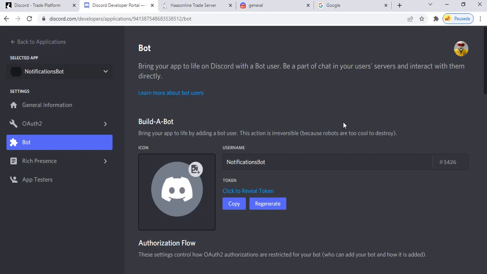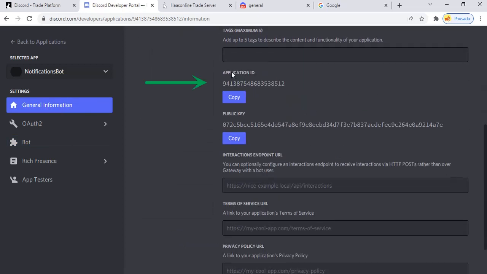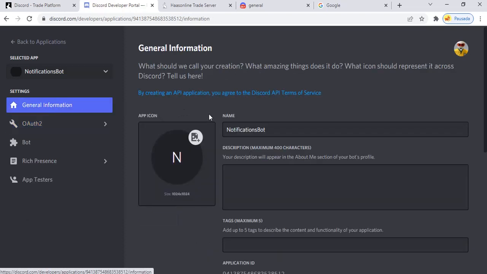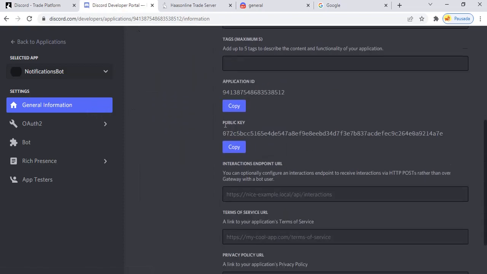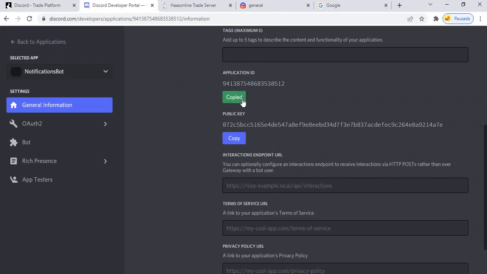Well, we are back here in the new application page. In the left menu, we click here in general information and we scroll down and we find application ID. It's different than client ID, but it's the number we need. But we find client ID written in this other menu here, client ID. It's the same number, okay? So we click in general information, we find application ID, we copy here using this button, it's copied,